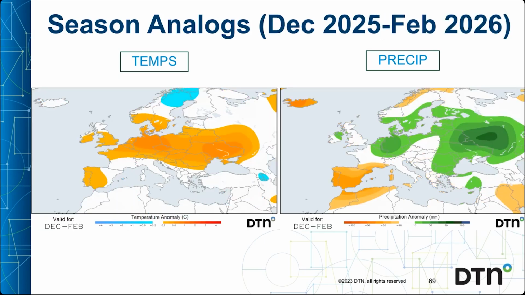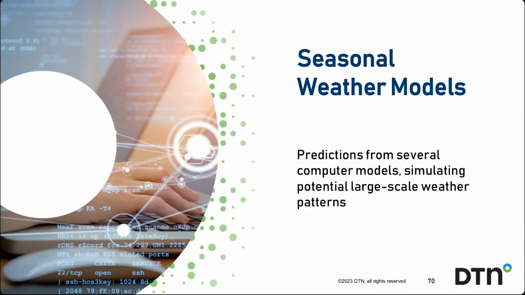December to February overall then shows what is an unsurprising pattern, a lot of warm anomalies, especially for North Central and Eastern Europe. Wettest conditions across North Central Europe and Far Eastern Europe, but some above average precipitation in Southeastern Europe as well. Southwestern Europe would be rather dry for the season as a whole, despite the late winter possible wetness. That's not all, though.